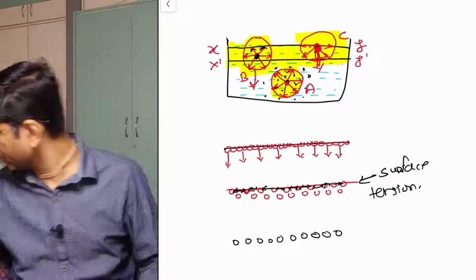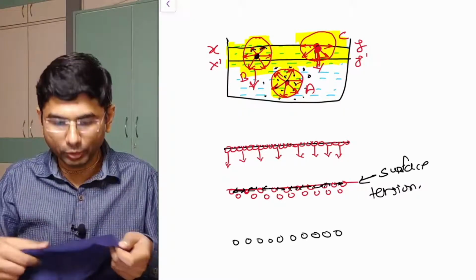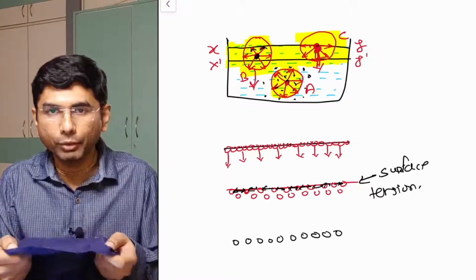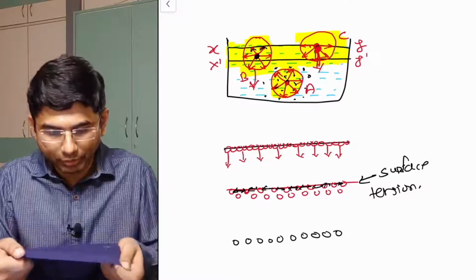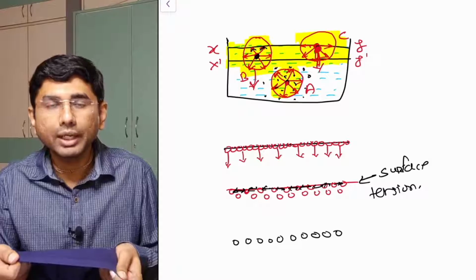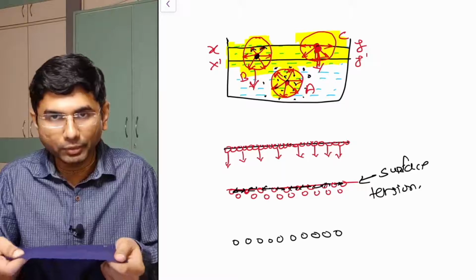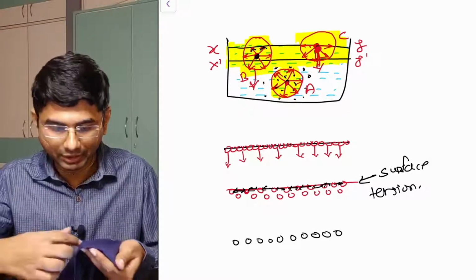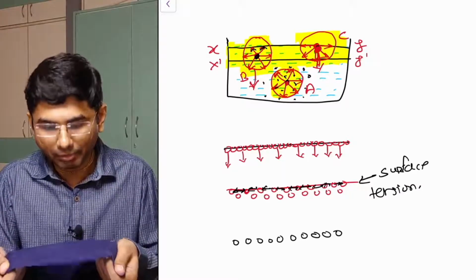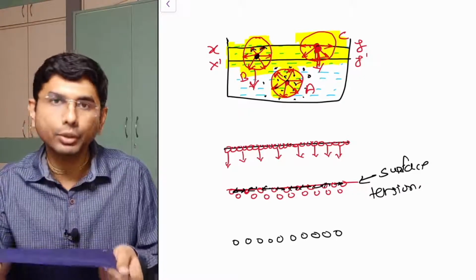I had taken that handkerchief. Now the handkerchief is also made up of many molecules. If it is slack, then you cannot hold anything inside. It can bend down easily. But when these molecules are stretched, they have force of attraction with each other. If I am stretching it, it looks like I am trying to tear it off. I am applying a force there. If I consider a length on this handkerchief, when I am pulling it, I am applying a force, and because of this force it is getting stretched, and that stretch results into surface tension.